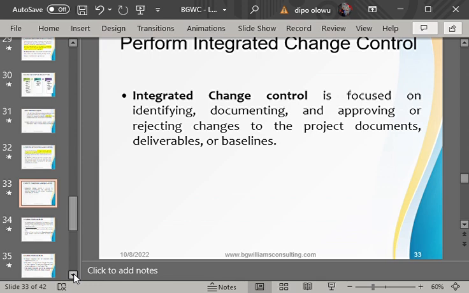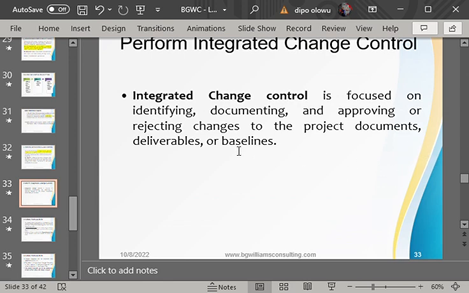So the CCB is the body responsible for sitting down, like the committee that is put in place by the project manager to consider all forms of changes in the project. That becomes the Change Control Board.